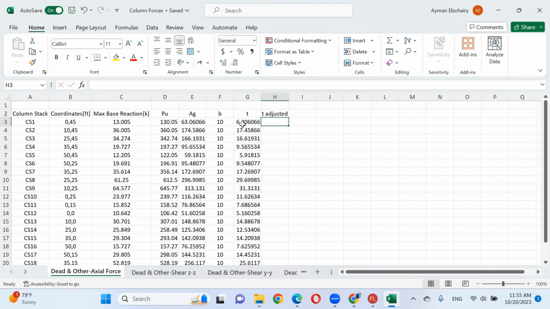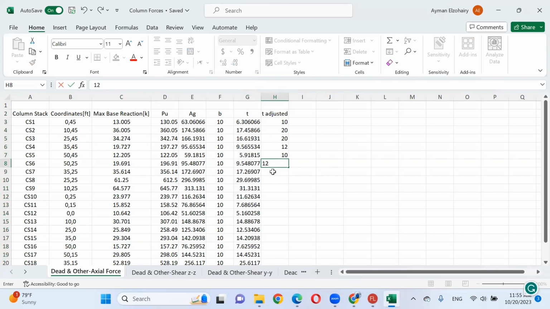I can convert 6.3 to be 10 because the minimum is 10. 17.4 to be 20 or 18, it's up to you. 16.6 to be 20. 9.10 or 12, it's up to you. And 9 point, the minimum is 10. 9 point something, it will be 12. Be more generous, as I mentioned the last meeting.